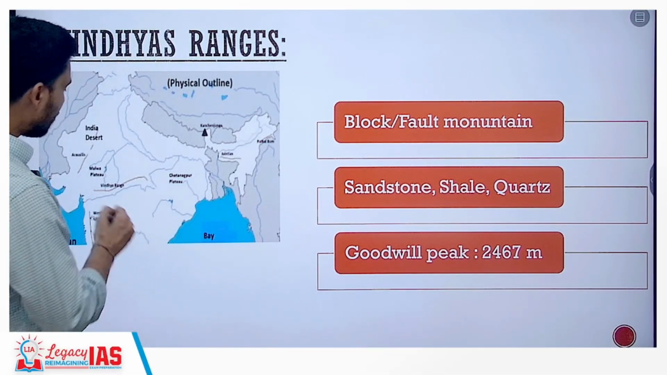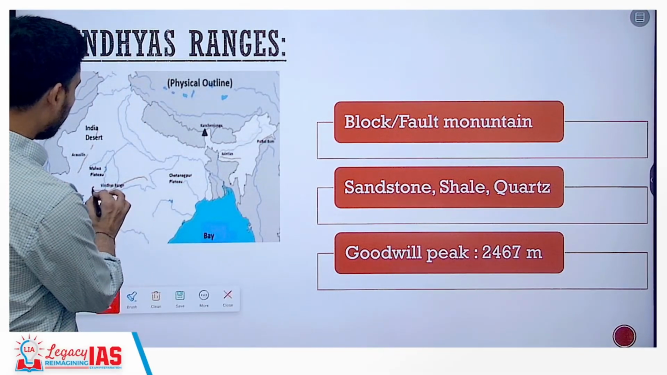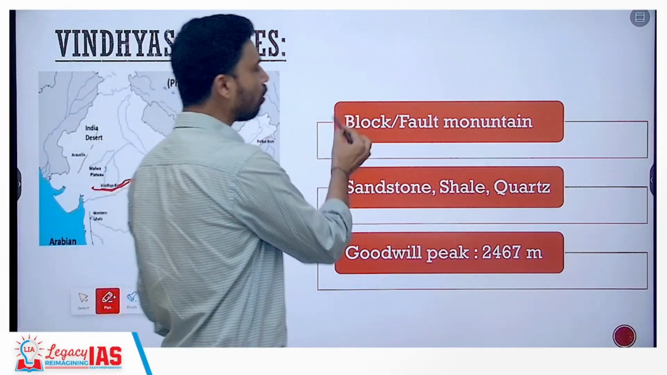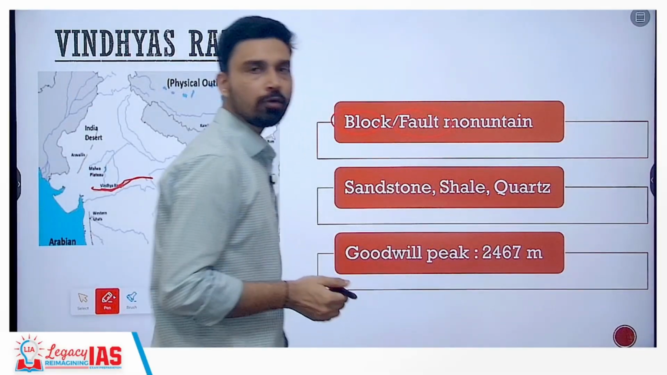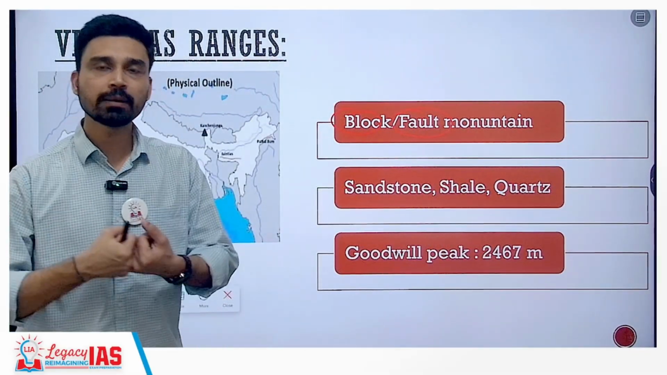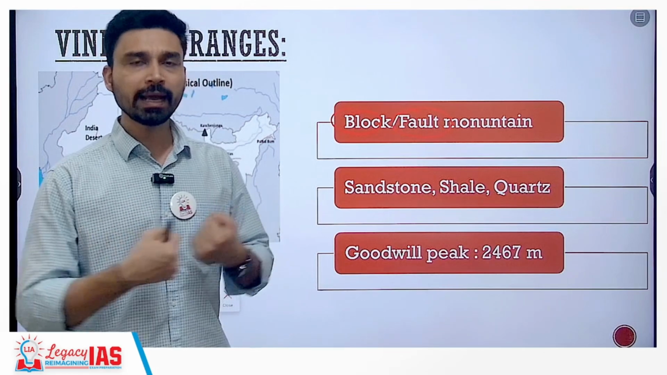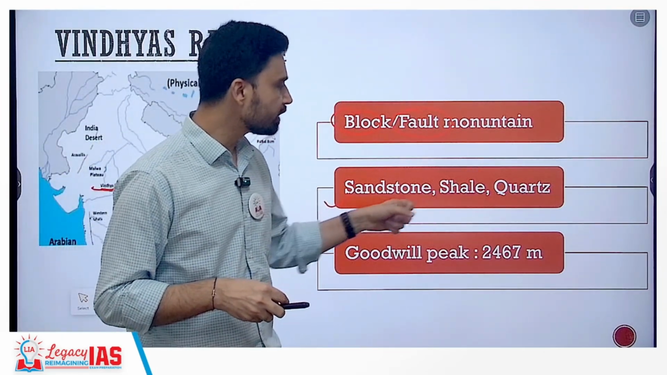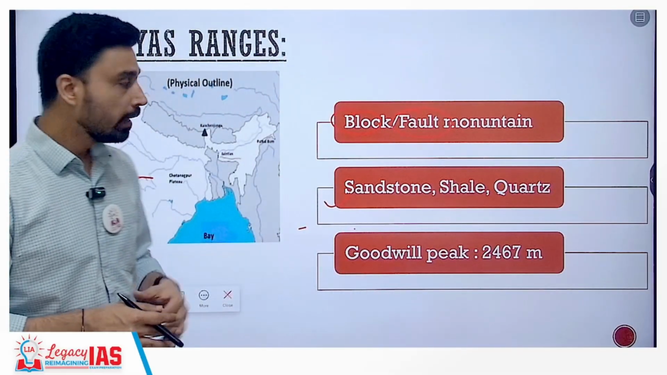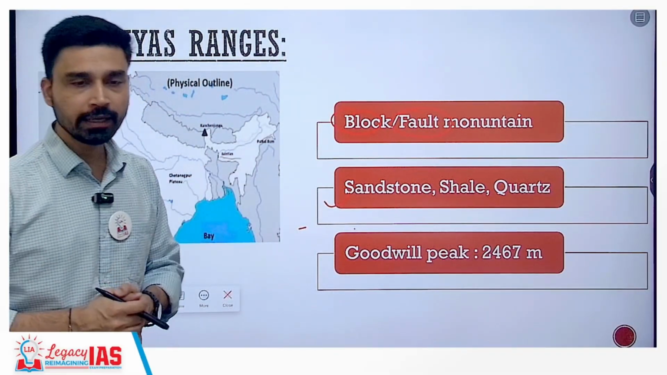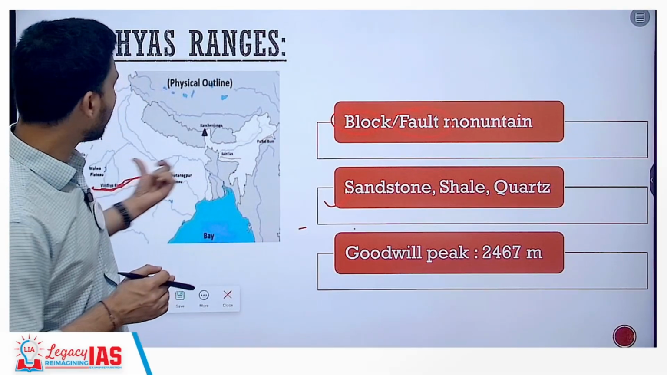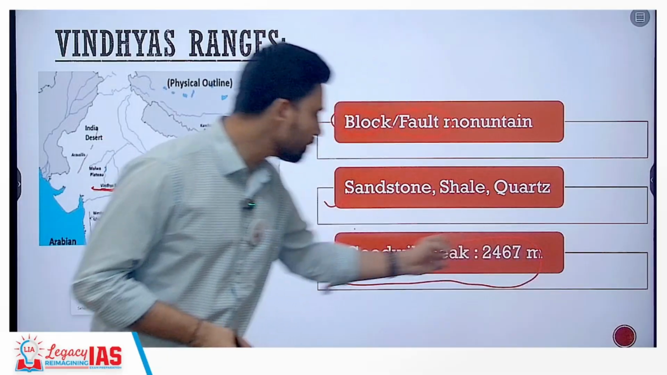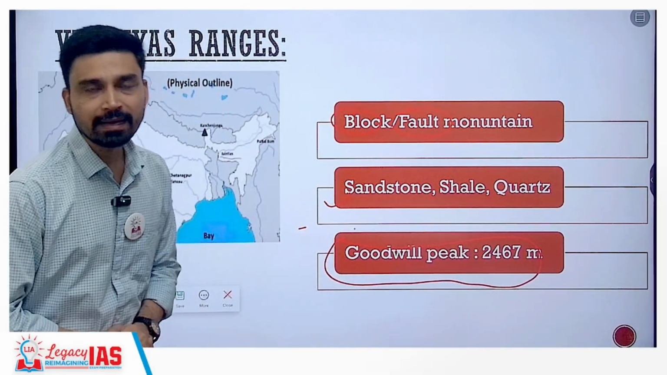Then in the central part of India, as you can see from here, we have the Vindhya range, this part. Vindhya range is a kind of block or fault mountain. Block or fault mountains or hills develop due to the rupture in the earth's crust due to pulling and pushing of the earth's crust. And it is largely made up of rocks such as sandstone, shale and quartz rock. Limestone is also found in large areas, and that is why you will find the cement industry all along the Vindhya range. Now, the tallest peak of the Vindhya range is believed to be Goodwill Peak, which is situated at an altitude of